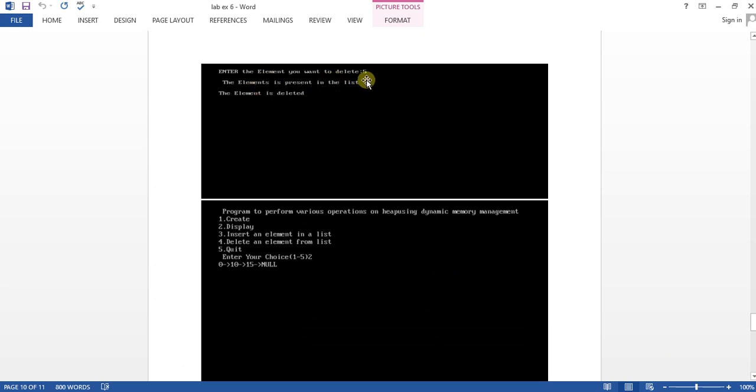I gave the value 5, which is in position 2 in the list 0, 5, 10, 15. Since the element is present in the list, it is deleted. If we give any other element, like 1, which is not present in the list, it cannot be deleted.